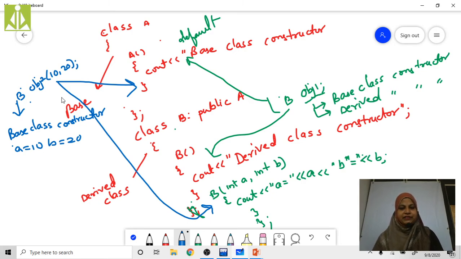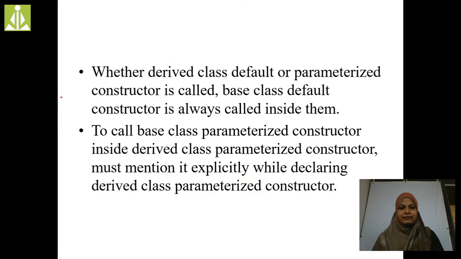This is the second one. Now the third: to call a base class parameterized constructor inside the derived class parameterized constructor, we must mention it explicitly while declaring the derived class parameterized constructor.